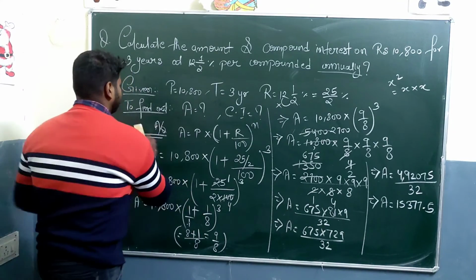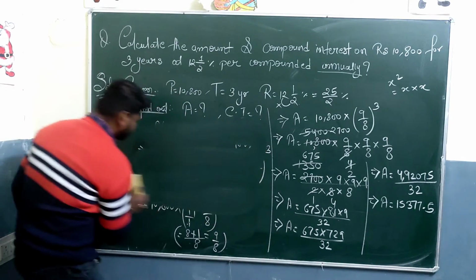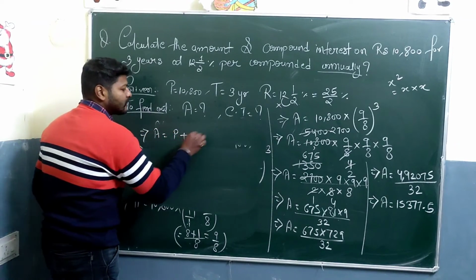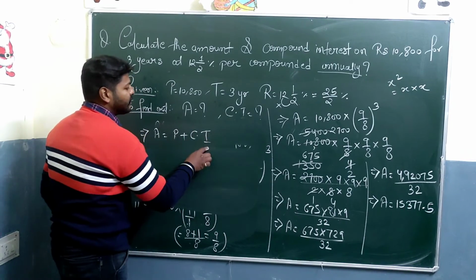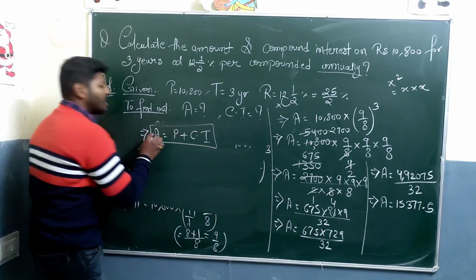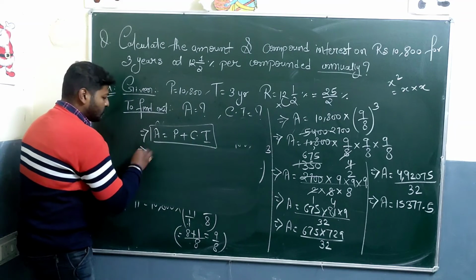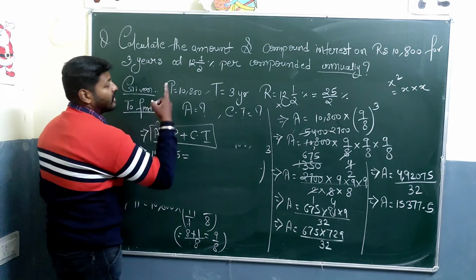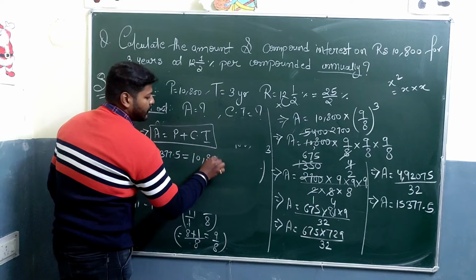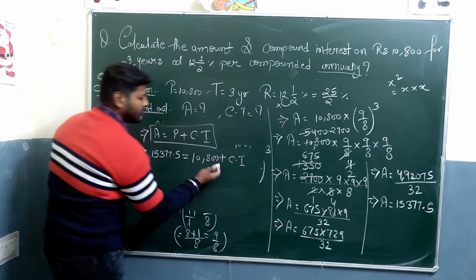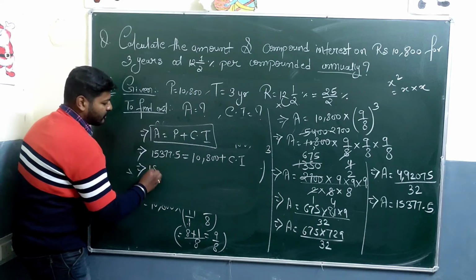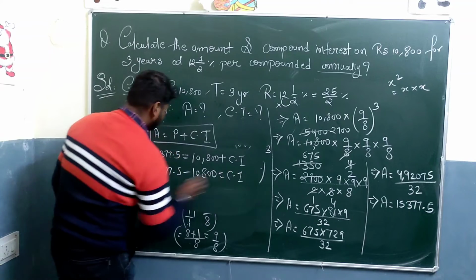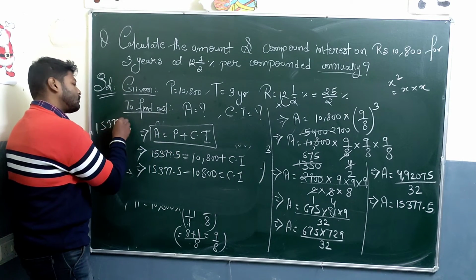For that we have another formula: amount is equal to principal plus CI. So we have the amount, that is 15,377.5, and we have the principal, that is 10,800, plus CI. On sending the numerical value to one side, it will be 15,377.5 minus 10,800 is equal to CI. On subtracting the values, we get